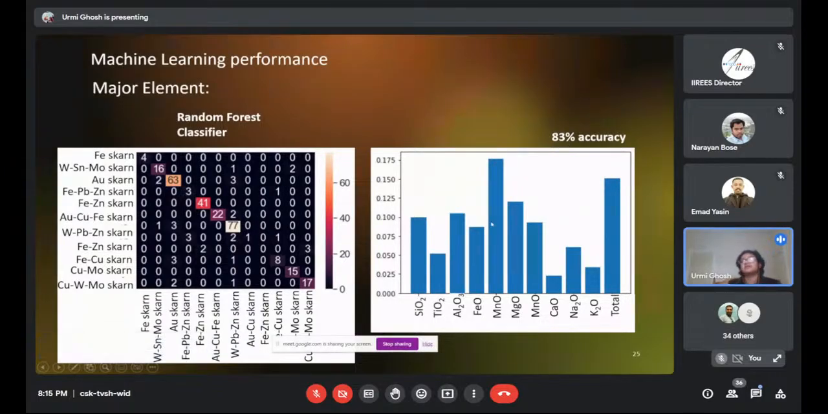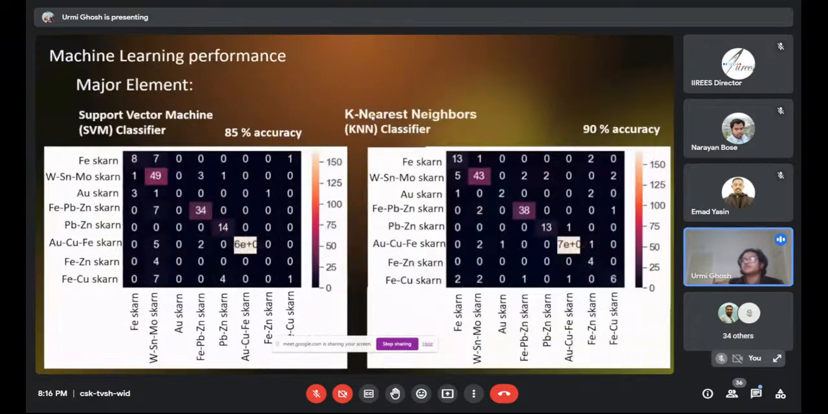And as I mentioned, for these kinds of machine learning algorithms, you can get a feature importance graph at the end. So you can plot what the feature importance of different elements is, and you can know which elements actually help in prediction. Now when I tried the same for the trace elements, the accuracy actually is higher for